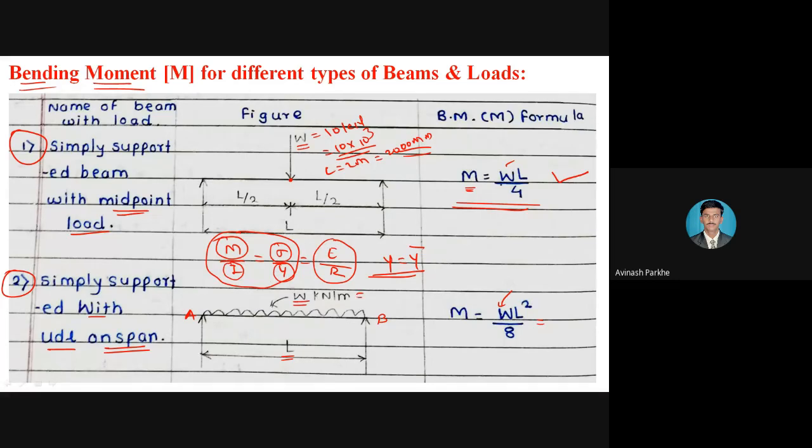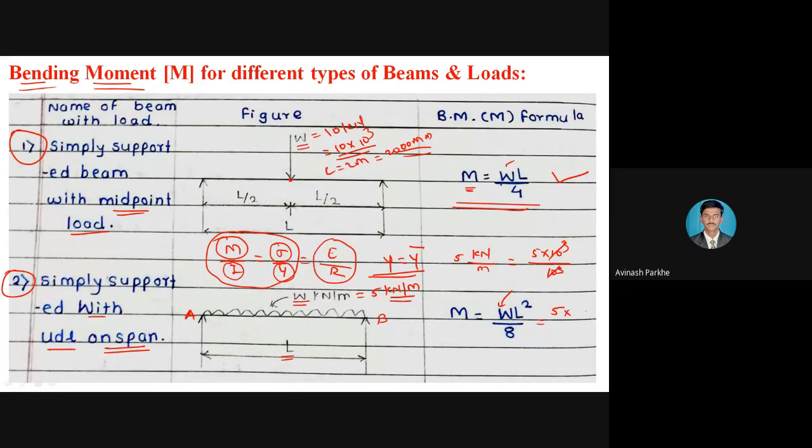For example, W बघा, 5 kilonewton per meter असा जर दिला असेल तर तो 5 kilonewton per meter as it is as a W आपल्याला काय करायचं आहे, पुट करायचं आहे. जर ह्या 5 kilonewton per meter ह्याचं न्यूटन पर एमएम मध्ये करायचं असेल तर बघा, 5 kilonewton per meter, किलोन्यूटनचं न्यूटन मध्ये 5 into 10 raised to 3, मीटरचं एमएम मध्ये 10 raised to 3, 10 raised to 3 कॅन्सल होणार, राहणार काय तुमचं फक्त 5च.